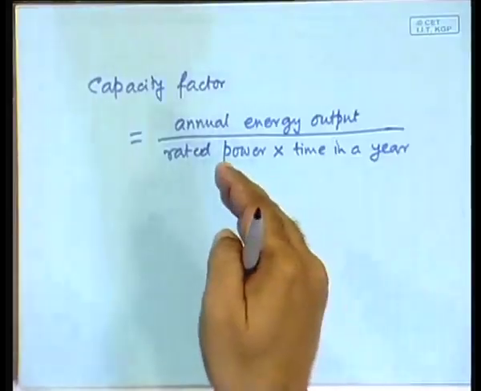If you assume that, you can theoretically, but you cannot for a wind turbine. Why? Because wind is not coming. So the conceptual difference between a thermal power plant and a wind power plant is that ideally a thermal power plant can be operated at full load all through the year, while a wind turbine cannot be,